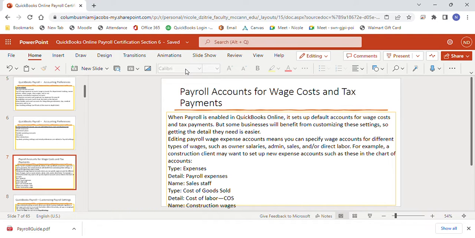and name construction wages. The same thing goes for almost any other company that has different departments. So you might have a sales staff, an office staff, a warehouse staff that you would want to set up the different wage